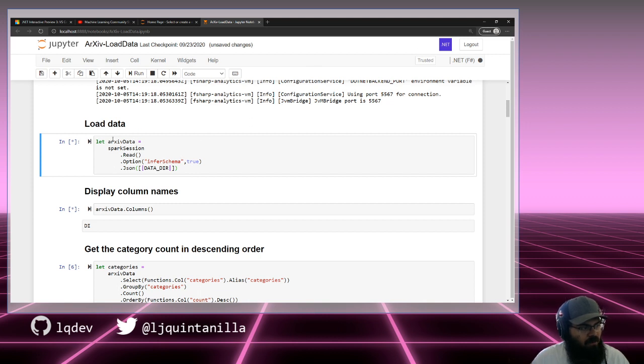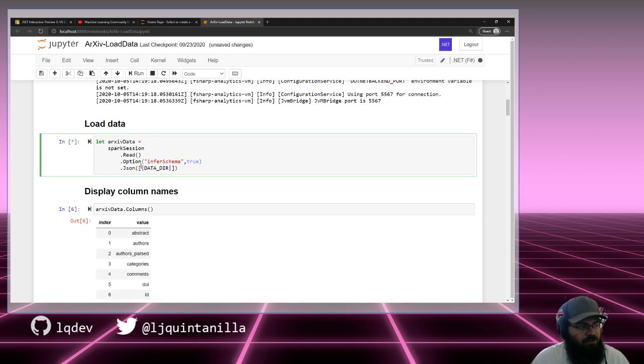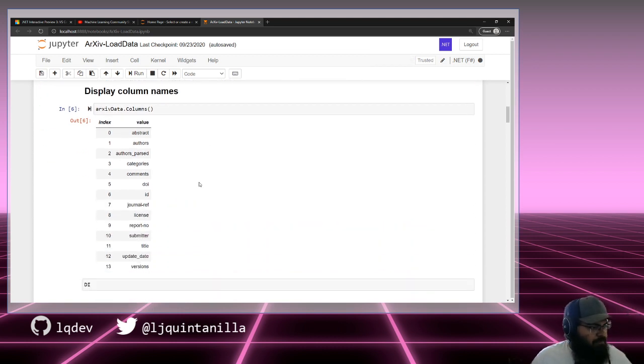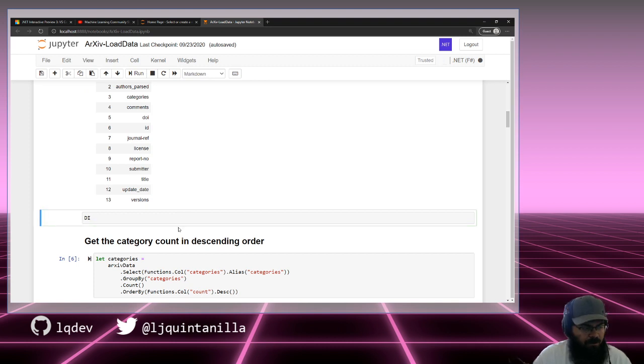But let's see, archive data. So one of the things you're able to pass in is all these options, right? As you're initializing your Spark session. In this case, I'm telling it, hey, I want you to infer the schema. Typically, it does this by default, I believe. But if you just want to be very explicit about what it's doing, you can essentially do this, right? And then something else that you're able to do